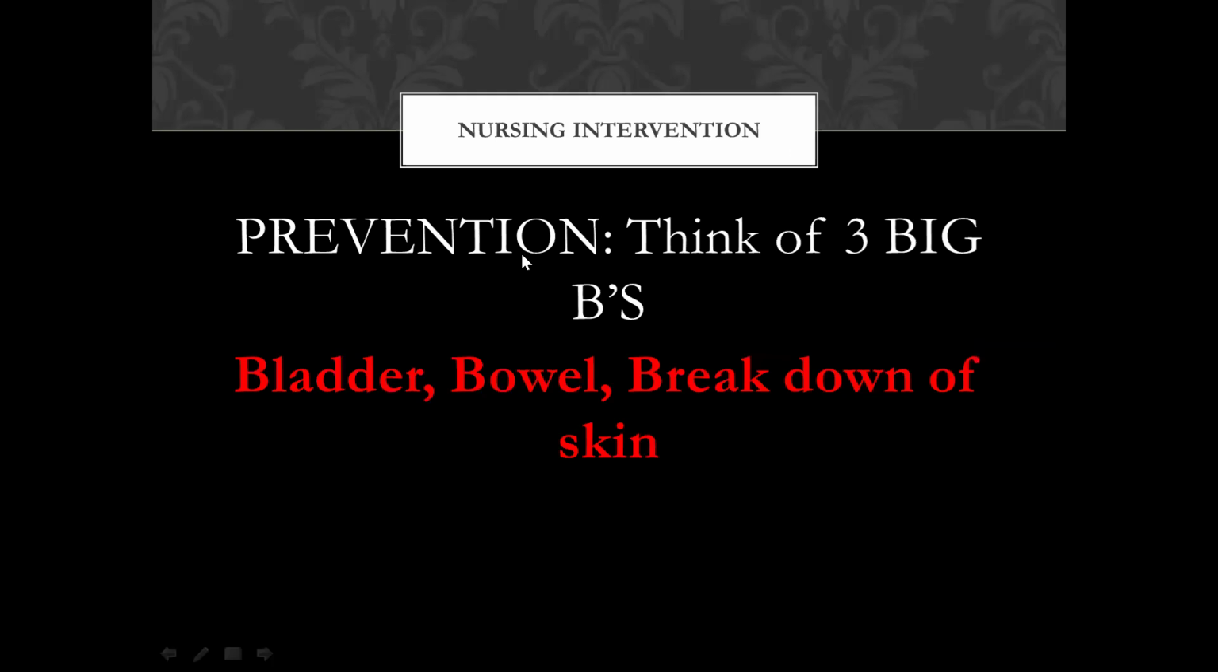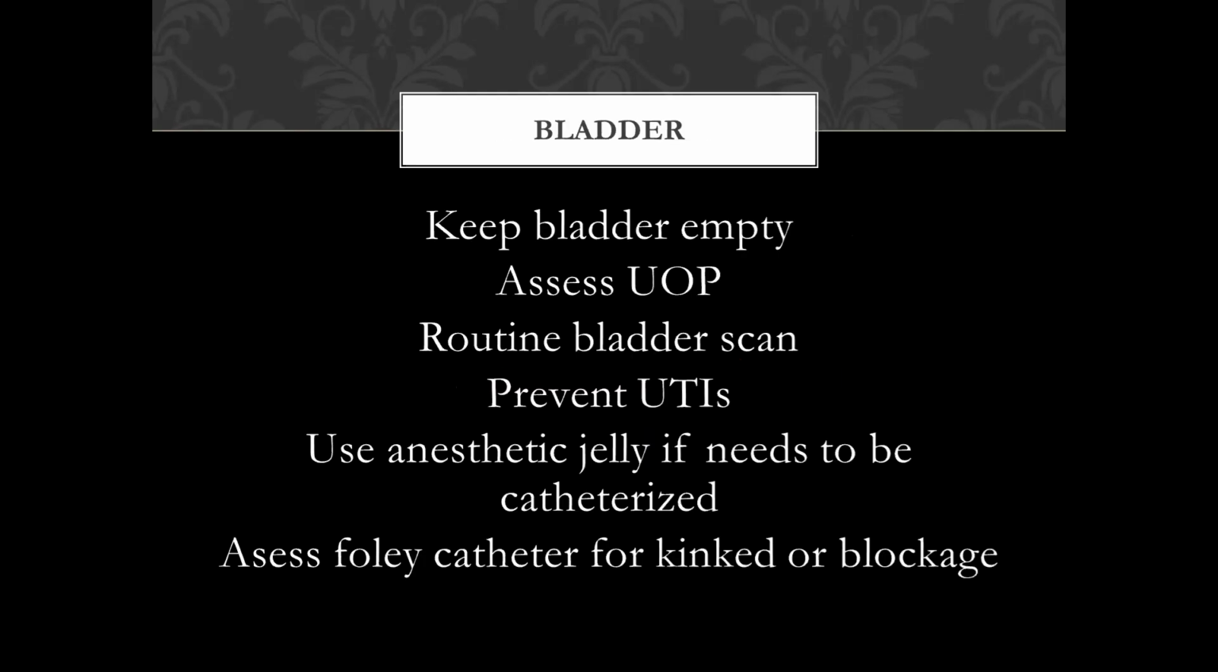So now let's talk about what? Nursing intervention. Let's start with prevention. How can you prevent it if your patient has spinal cord injury? What can you do to prevent this autonomic dysreflexia? The first thing is bladder, and I told you, bladder, bowel, breakdown of skin. So what are the things you will do? For bladder, you keep the bladder empty, assess urinary output, do a routine bladder scan, prevent UTI, use anesthetic jelly if the patient needs